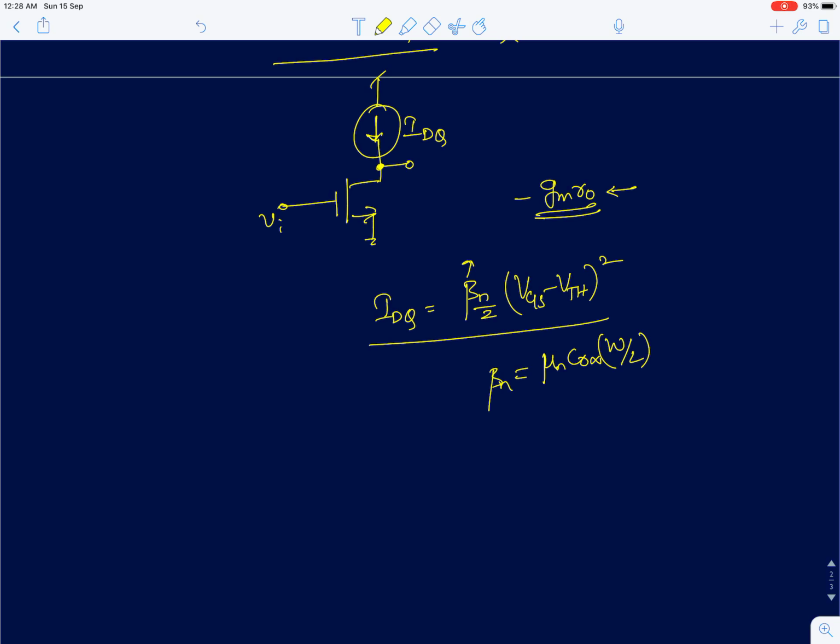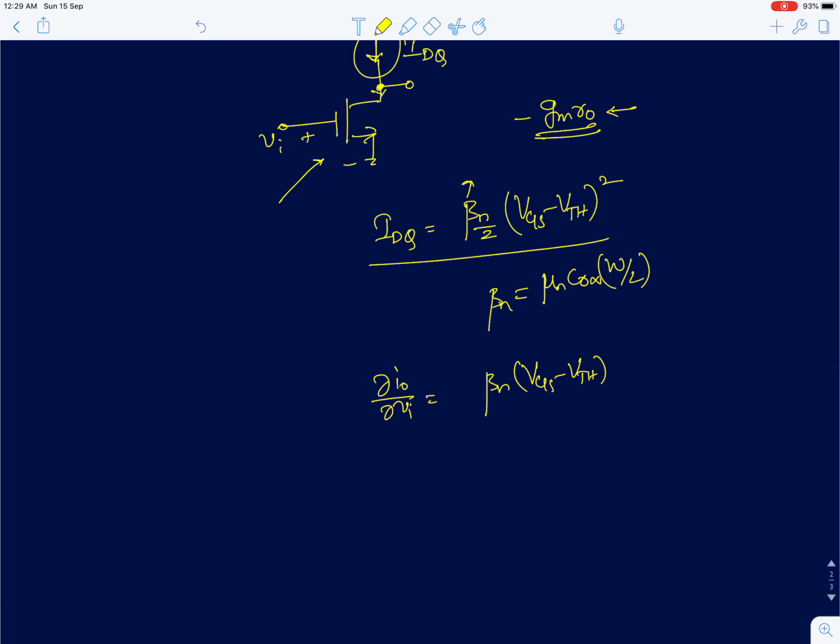From this, if you want to find dou i naught by dou Vi, that's nothing but the change in the drain current due to a change in the gate to source voltage. So that will be dou IDQ by dou VGS, and from that you would get beta n times (VGS minus VTH). This can also be written as square root of 2 I